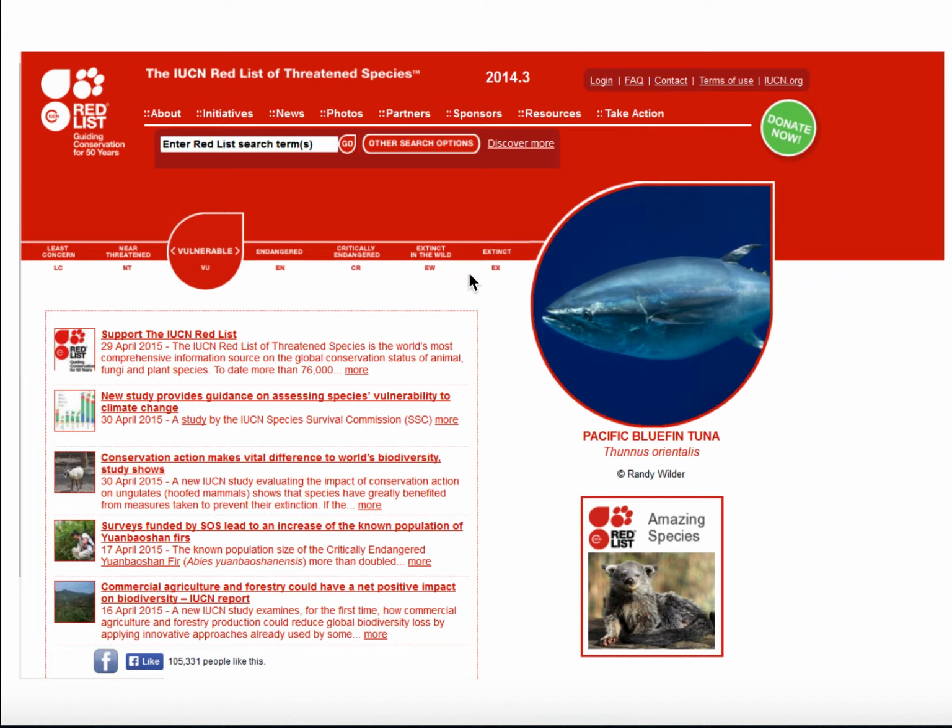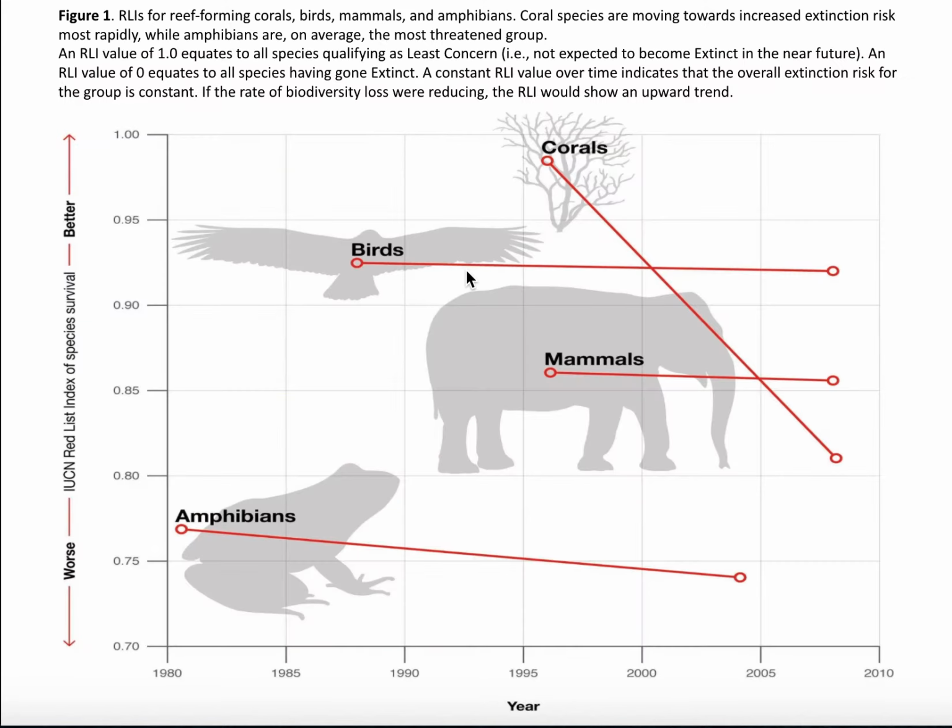So you'll be using this page, the IUCN Red List, when you do your endangered species brochure. But I wanted to go over the terms so that you're aware of them as we talk about this in the lecture. Okay, so just to see a trend of what categories of species are struggling right now,